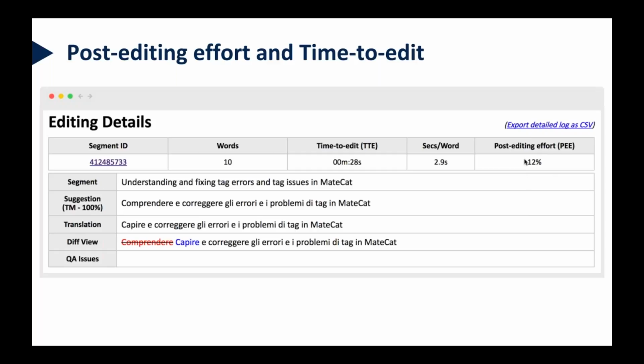Now, bear this number in mind because this is going to be interesting in a few slides from now. So what does this mean basically? When you have all this information in mind, you can calculate on average how much you will need to edit your translation, and also you can calculate the time that it takes you. So basically, you can make decisions based on the total time it takes you to modify a translation and the effort that you actually need to make to edit it, to establish your rate and basically to communicate with your